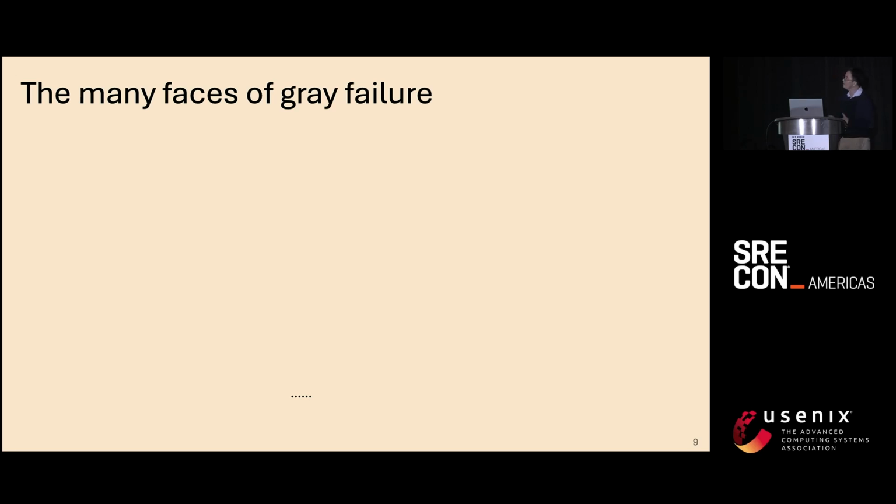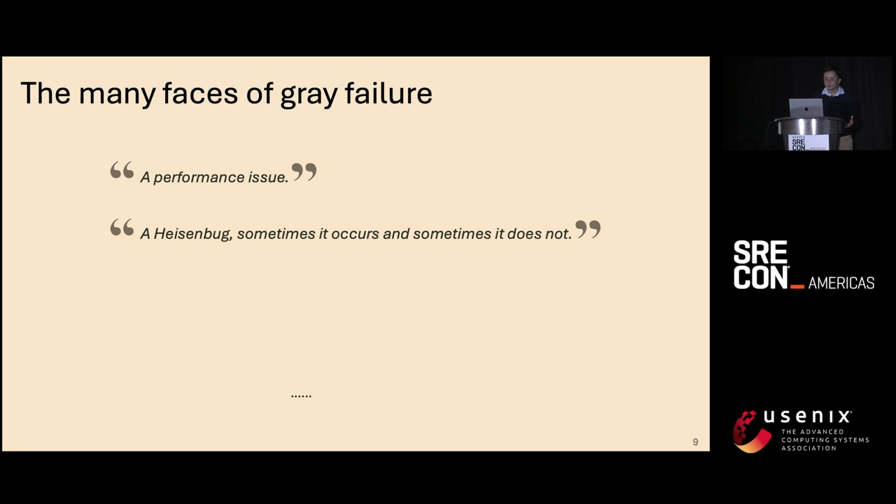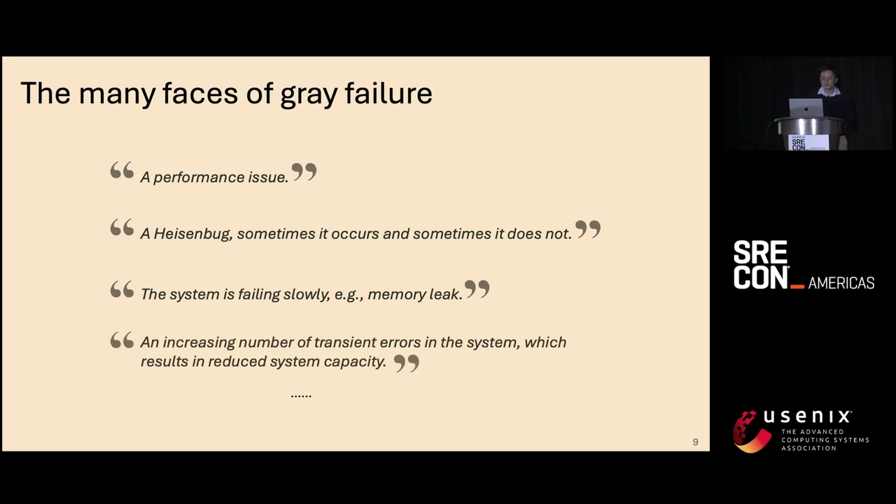So as the name suggests, this gray failure problem has an ambiguous notion. In fact, we asked many engineers what they think a gray failure really is. And as you can probably guess, there are many different answers. Some think it's just a performance issue. Some think it's a non-deterministic bug. Sometimes it occurs, sometimes it doesn't. Some would define gray failures as a fail-slow issue or an increasing number of transient errors in the system that cause reduced capacity. So those answers do capture some aspects of gray failure, but it's hard to decide which one is right. And